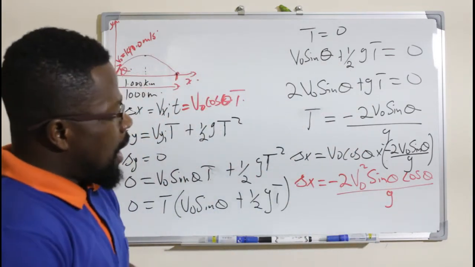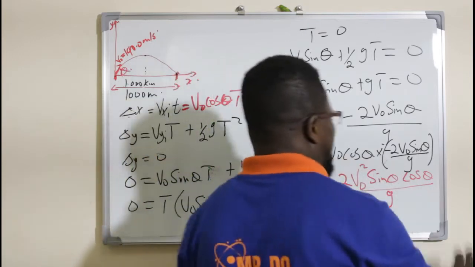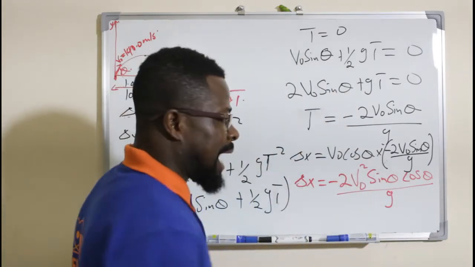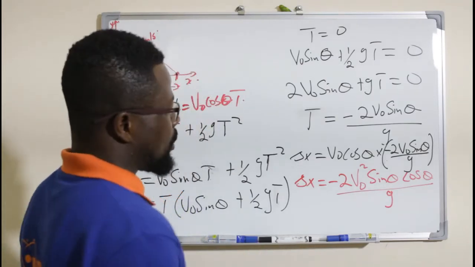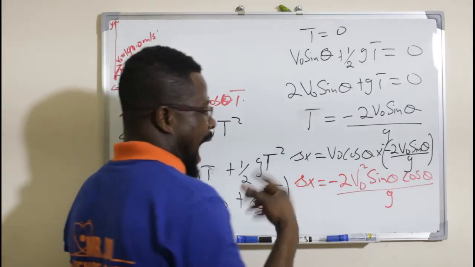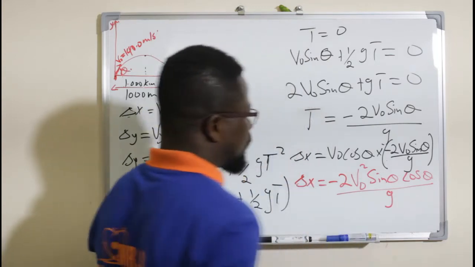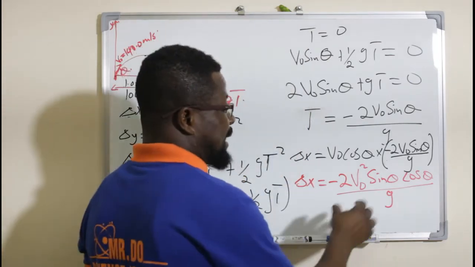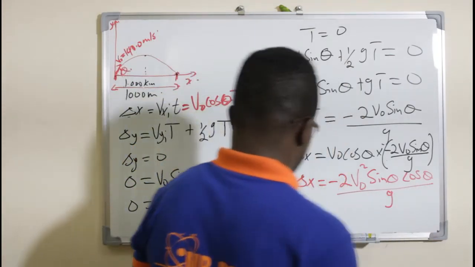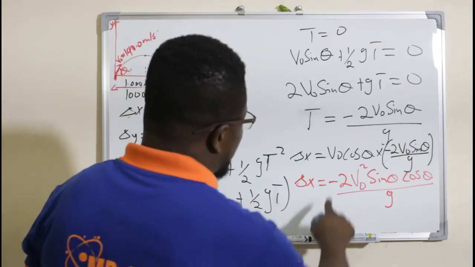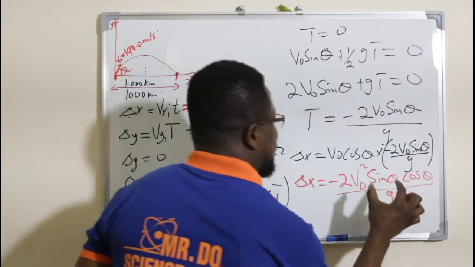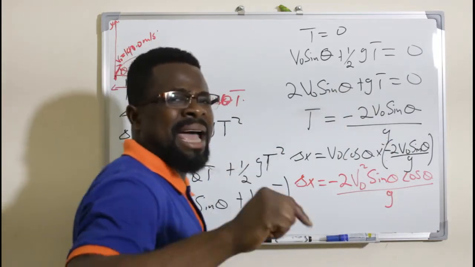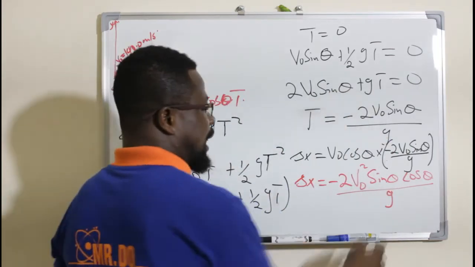Okay, I want to make the whole thing positive, because I know that the value of g is negative 9.8. So if I'm doing the substitution, I should have negative 9.8. So straight away, I'm going to make that positive. Right. So I'm going to change all to positive, so that whenever I am doing the calculation, I am not going to use negative 9.8 for g, but I'll rather use